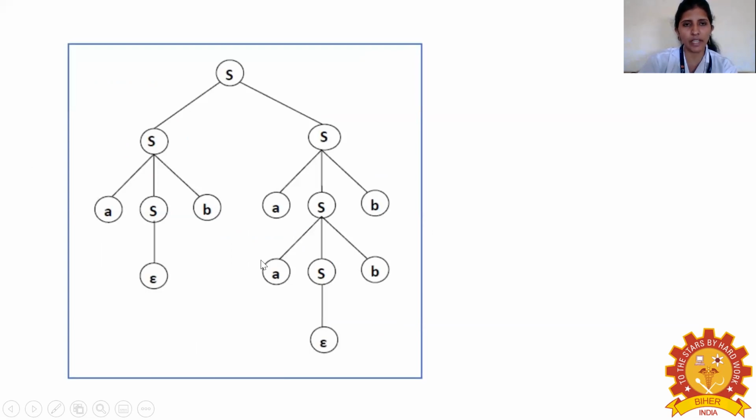Now this is the graphical representation of the given derivation. First will be the root vertex S, and for the left-hand side S we take the first production rule, SS. That is the next step, and for the next step we substitute aSb instead of the left-hand side S. Again for this S we substitute epsilon. For the next S we substitute aSb, and again for the S we substitute aSb, and for the final S we substitute epsilon. So this is a graphical representation.